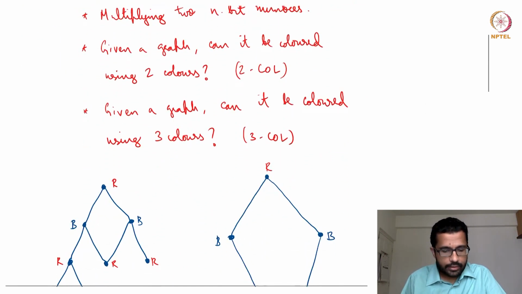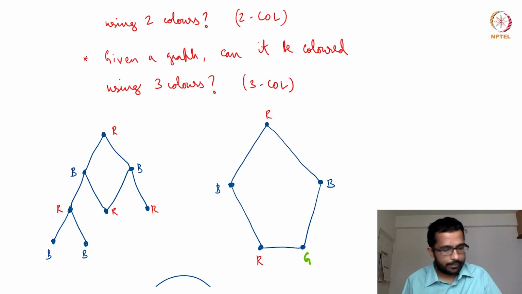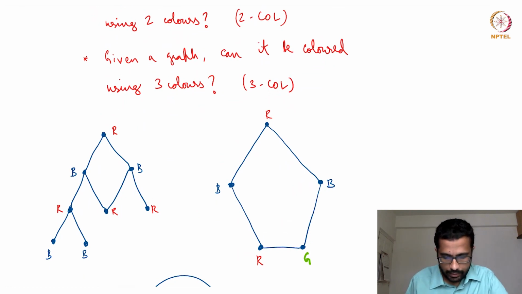Another problem is, if you have seen graphs in your undergrad, so these are graphs. The one on the left is a graph and the one on the right is a graph. The lines are called edges and the dots are called vertices. And we need to color it in such a way that if you take any edge, any line, the two endpoints have distinct colors. So now I have a valid coloring that is given here. R stands for red and B stands for blue. The graph over here I have colored using two colors, just red and blue, but if you take any edge, one side is red and one side is blue.